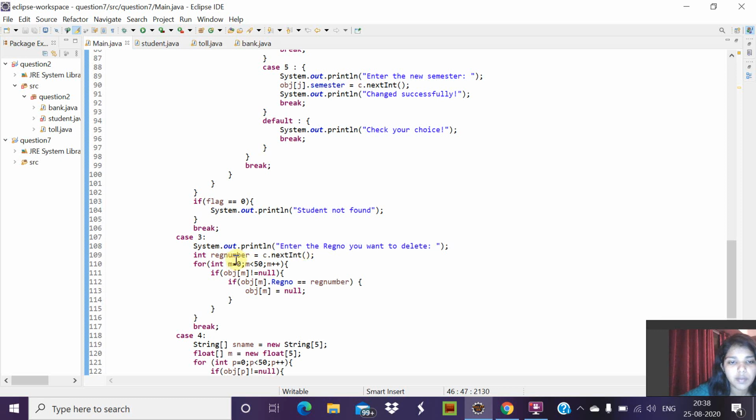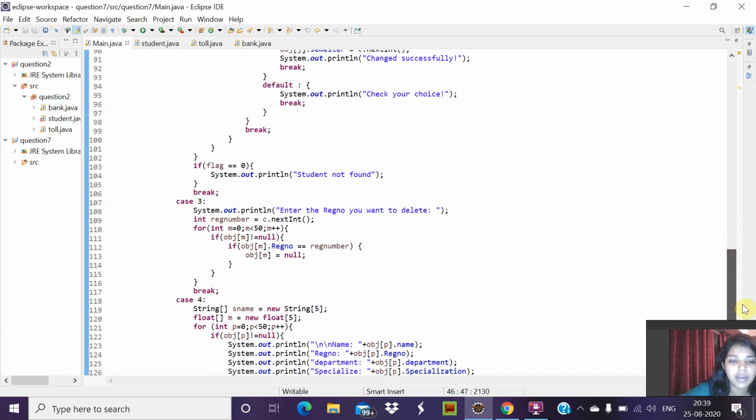He'll enter it and that will be stored in the register number variable, and using a for loop we check the condition. If the array object at the mth position is not equal to null, then we check whether the entered register number is equal to the number present in the array object at the mth position. And if it is true, then we store the array object at the mth position as null.